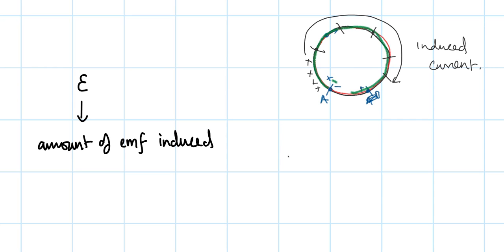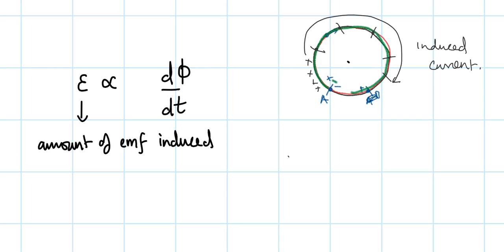And the principle of electromagnetic induction states that the amount of EMF induced is proportional to the rate of change of magnetic flux associated with that particular loop. So the amount of EMF induced in a coil is proportional to the rate of change of magnetic flux within the coil, through the coil,